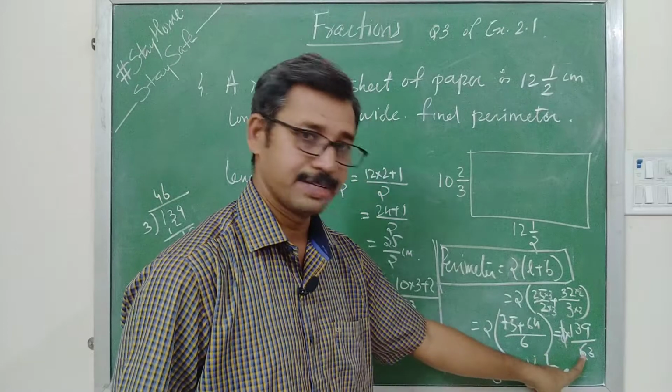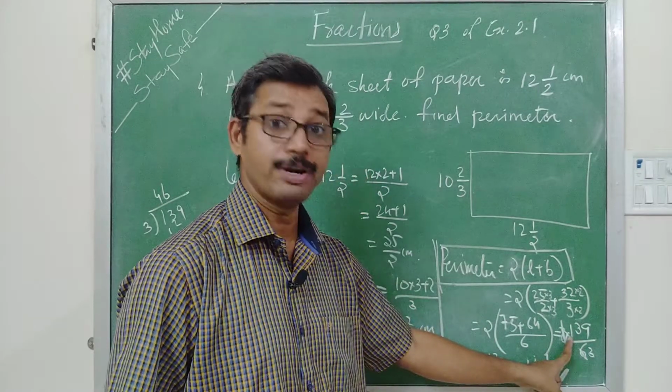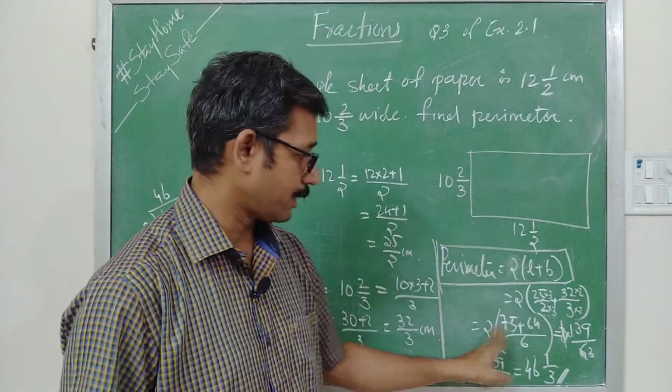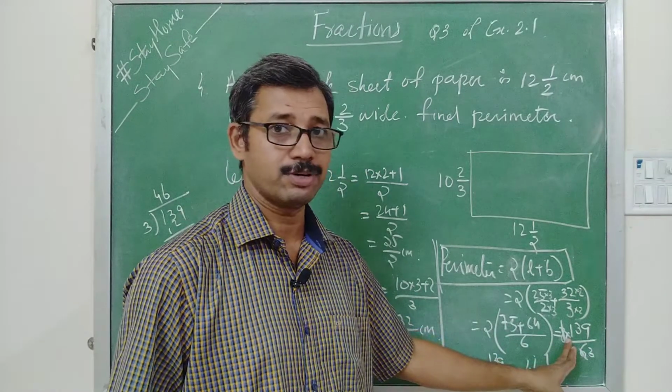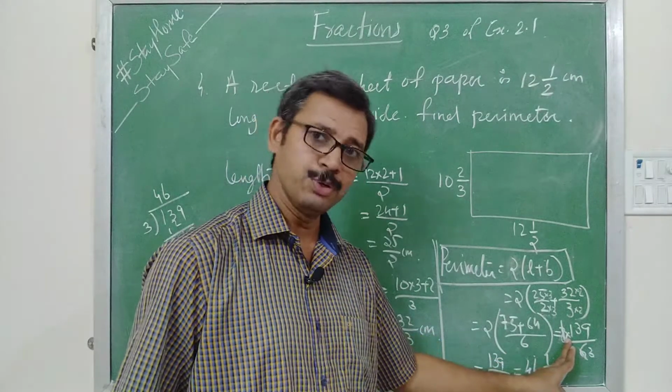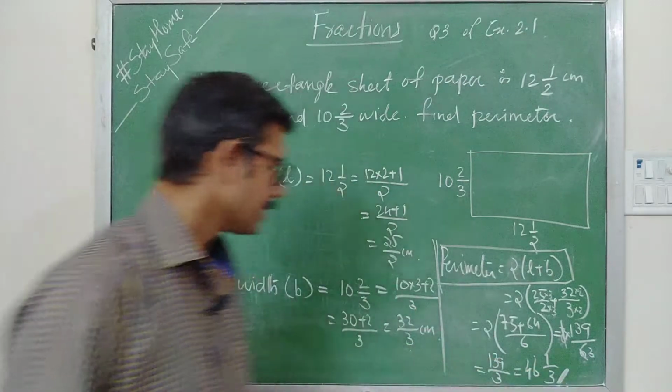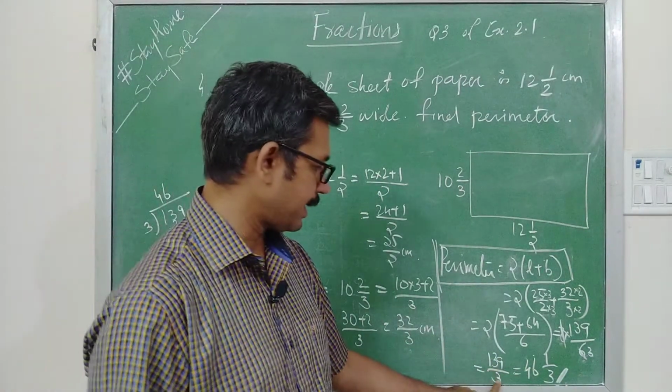Now what can you do here? You can divide it because it is a multiplication here. Understand this 2 into, don't misunderstand this as an integer. It is not the integer part, it is the multiplication sign, that is 2 into this 2. So we can divide it, and 3 you are getting. Then you are getting 139 upon 3.